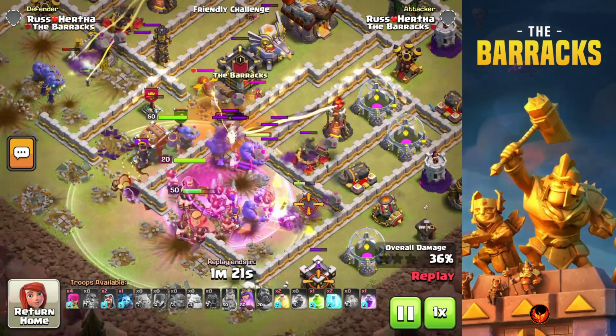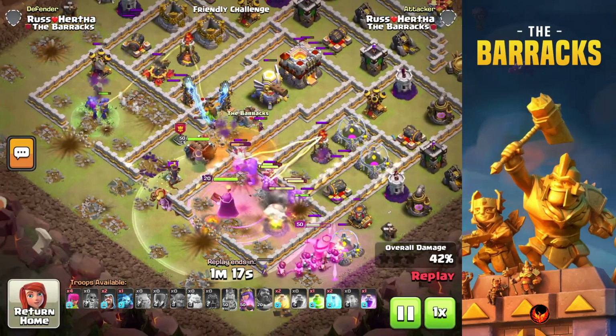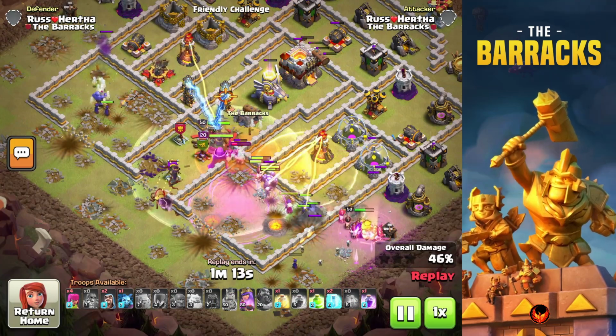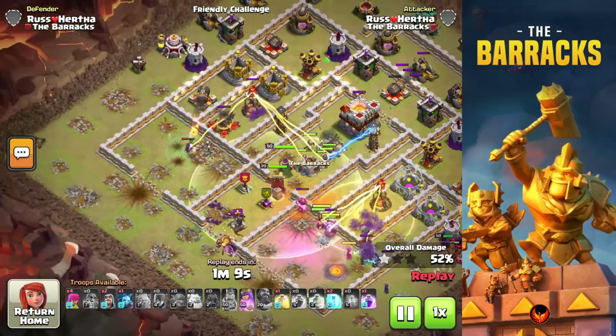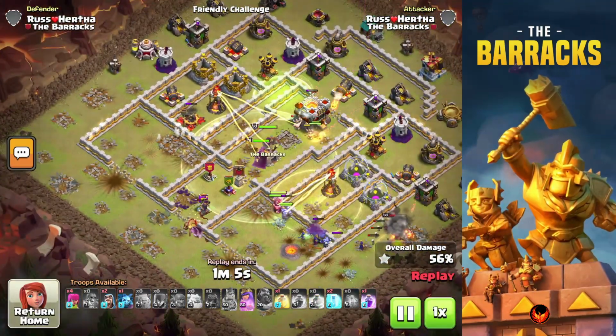Using that rage spell nice and early on is going to allow us to get some really nice bounce value over multiple wall sections and getting into some of those heavier defenses. Using that first heal spell there, we probably could have placed it slightly better. Unfortunately for us here, all of our troops over towards this left hand side have not been able to get